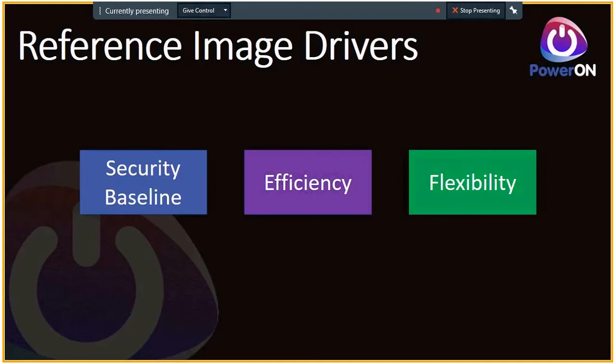And then having that reference image can gain flexibility. We can take that reference image, and we can use maybe one reference image across different hardware platforms. We can then use them for physical devices, virtual machines, we can convert them, and that really gives us the ability, once we've got a solid reference image strategy, to use those files that we make in different scenarios